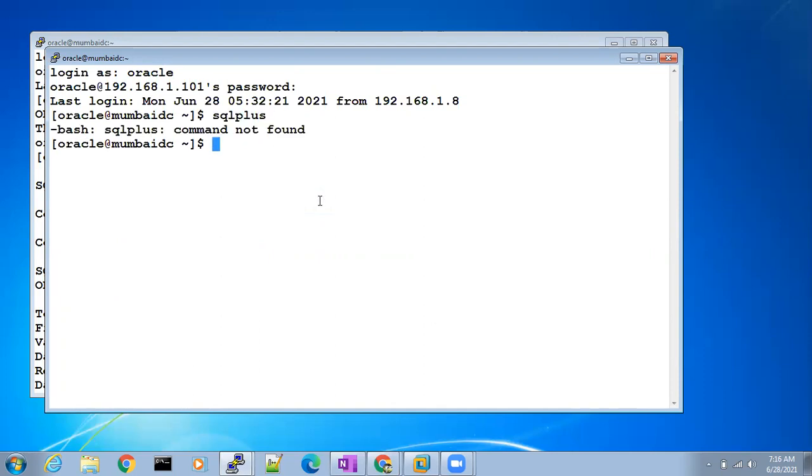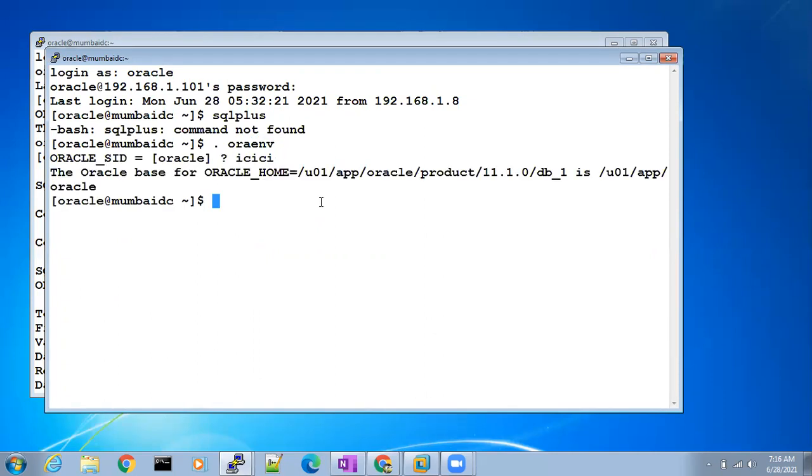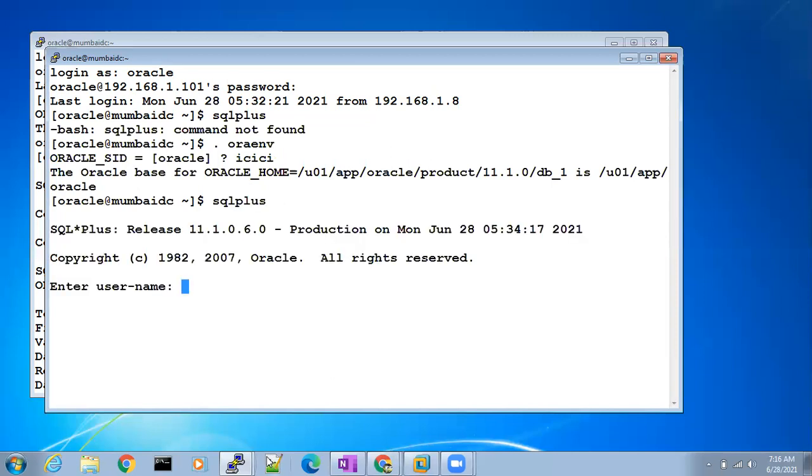It will say command not found. For every new session, if the commands have to work, you have to set the environment. Without setting the environment, the commands will not work.